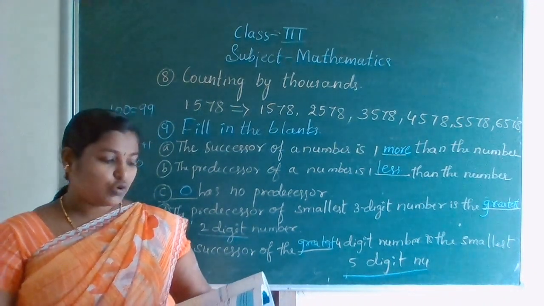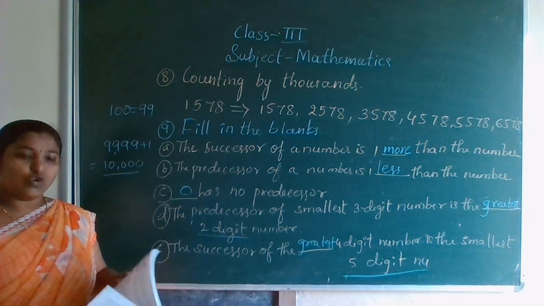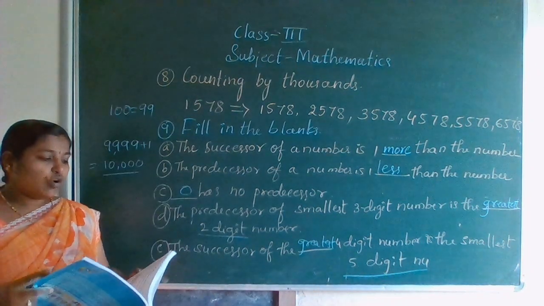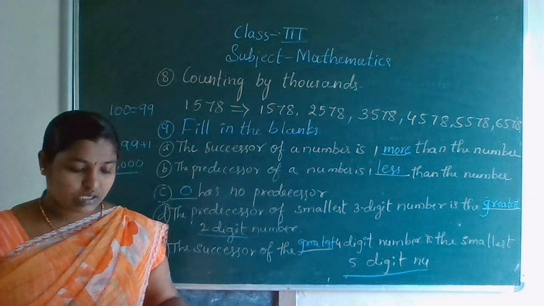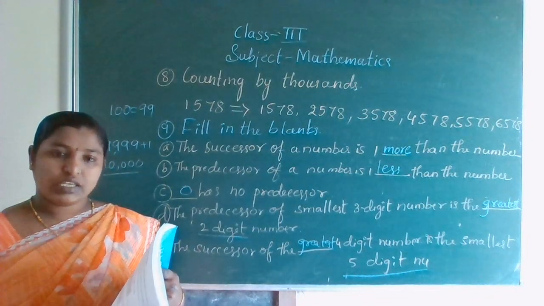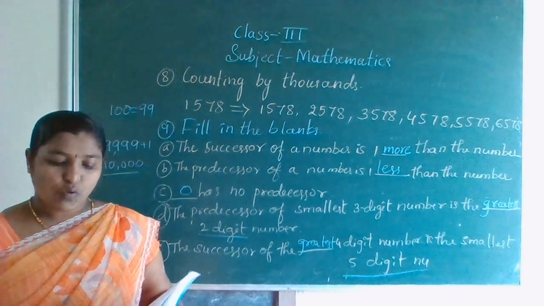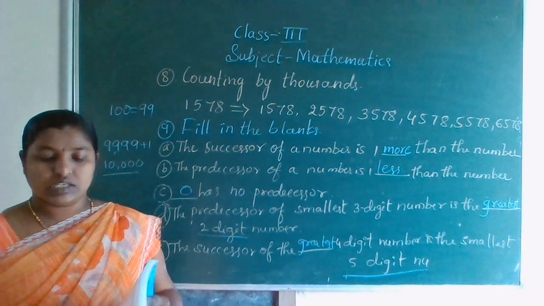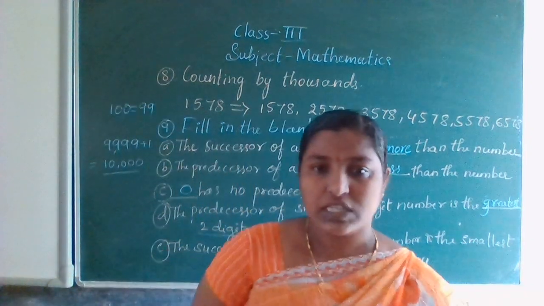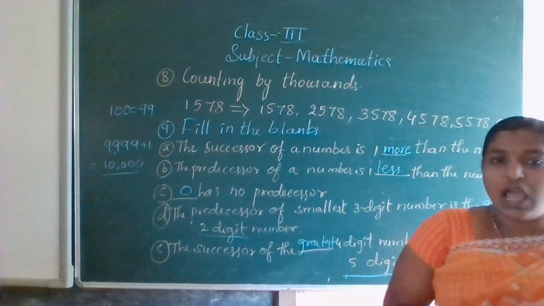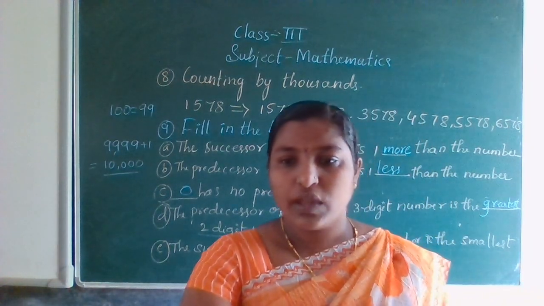So this is practice 2.2. So write these things in your fair notebook, maths fair notebook. Tomorrow I will explain about comparison of 4-digit numbers and then forming greatest and smallest numbers by using given numbers, then practice 2.3 and then exercise. This lesson will get over. If you have any doubts regarding previous classes, you can call me and ask me. These all things you should write in your fair notebook. Okay? Thank you.